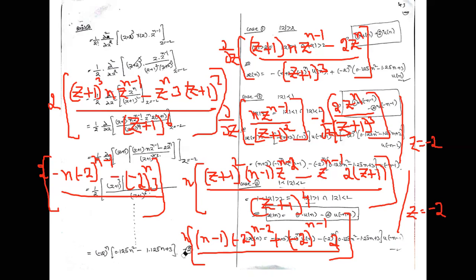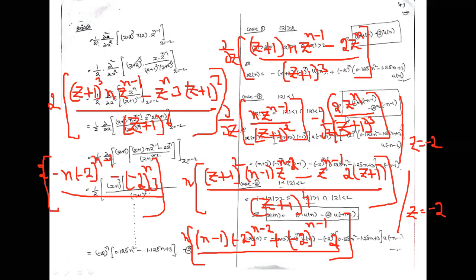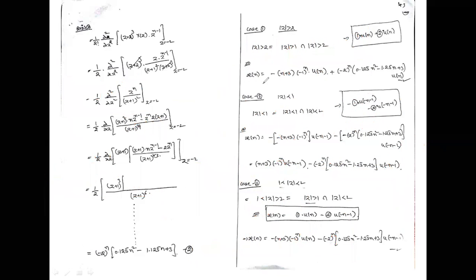and it is multiplied with u[n]. Why is it u[n]? It is for greater than 2, the greater than 2 function, my dear students. In the previous we got one term, the first term, and in the second term we can add these 2 functions to get x[n] is equal to this. x[n] is equal to minus n plus 3 minus (-1)^n u[n],